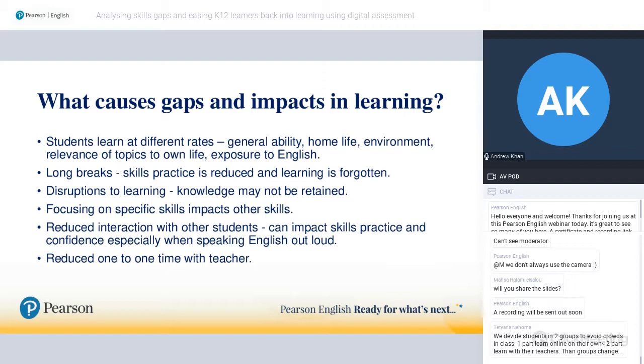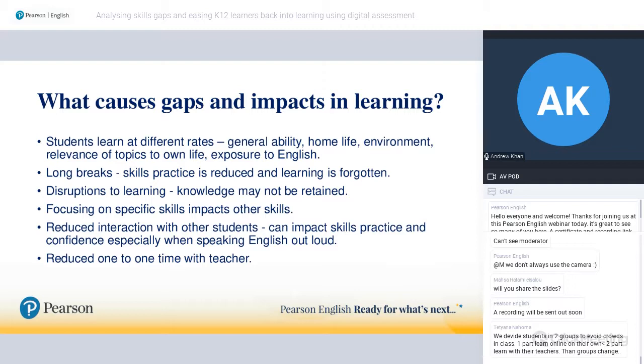In others, maybe a more difficult situation, they might have had a long period where little or no study could take place. So those skills are not being practiced regularly, and that knowledge, perhaps the knowledge they had just before they started lockdown or whatever it might be, hasn't been fully embedded or retained in their minds. And the other factor, of course, is that learning English is a social activity for most learners.